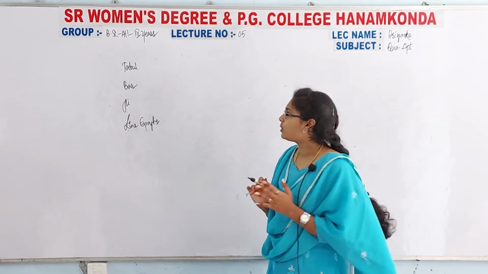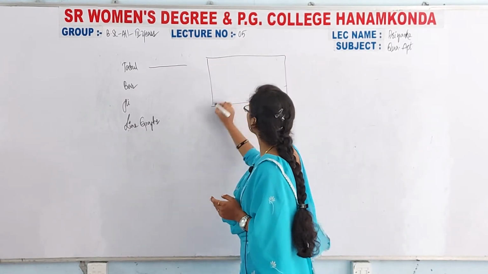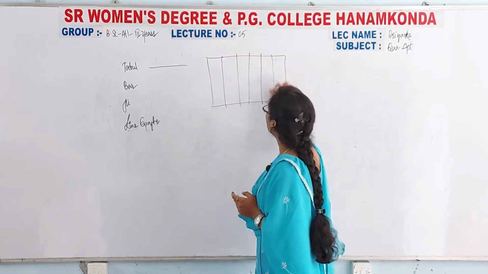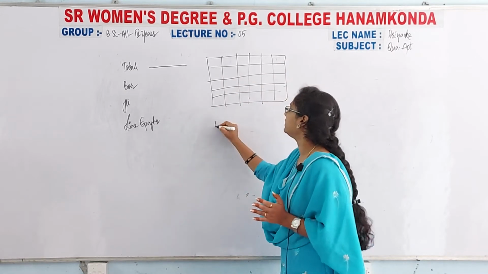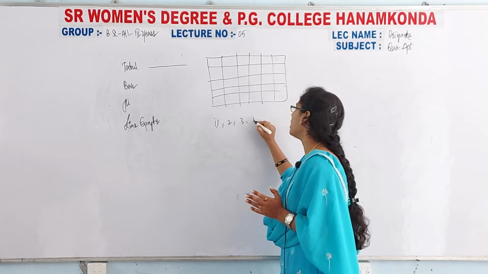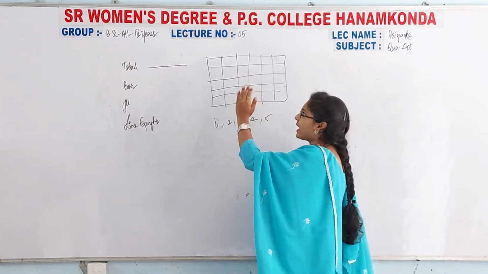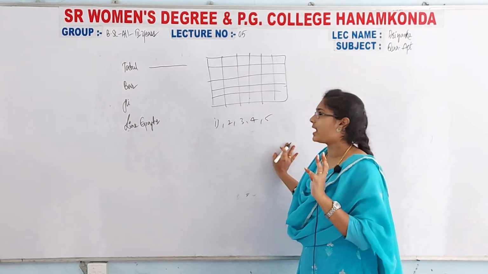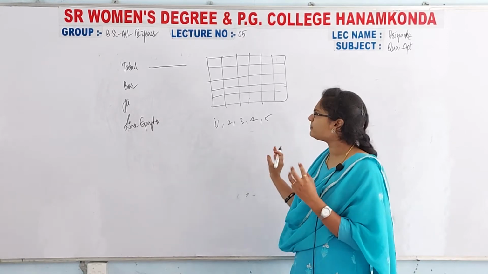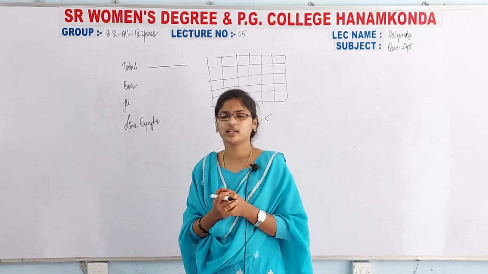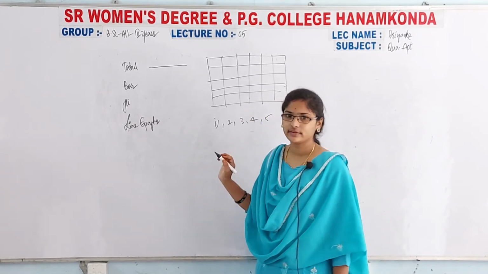Now coming to the tabulation, simply here they give the tables, okay. So like this they give the tables and the information, and finally they'll ask some 1, 2, 3, 4, 5 questions related to the table. Just by seeing the table, by identifying the questions and by solving them, simple steps, just addition or multiplication, like that we have to do, and according to the question we have to calculate, and finally we have to give the answer.